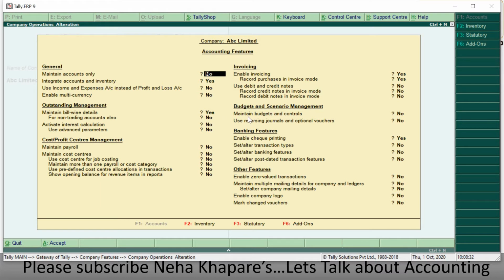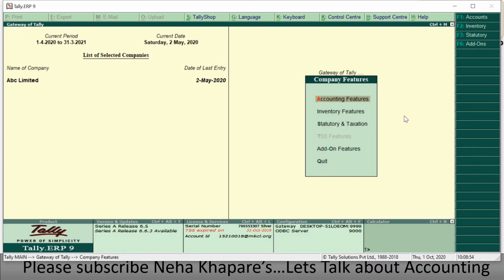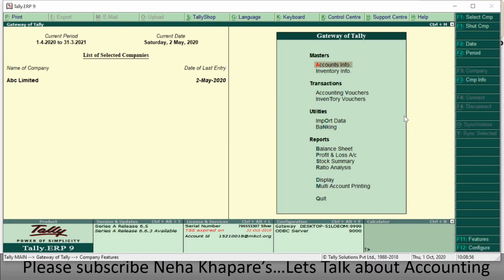Here you can see to my right-hand side, my cursor is on maintain budgets and control. For this you have to say yes. Just type Y and accept it. So my option has been activated for budget and control.